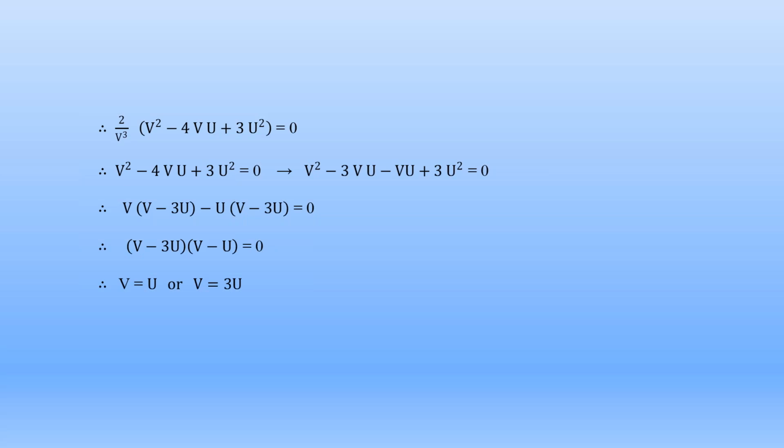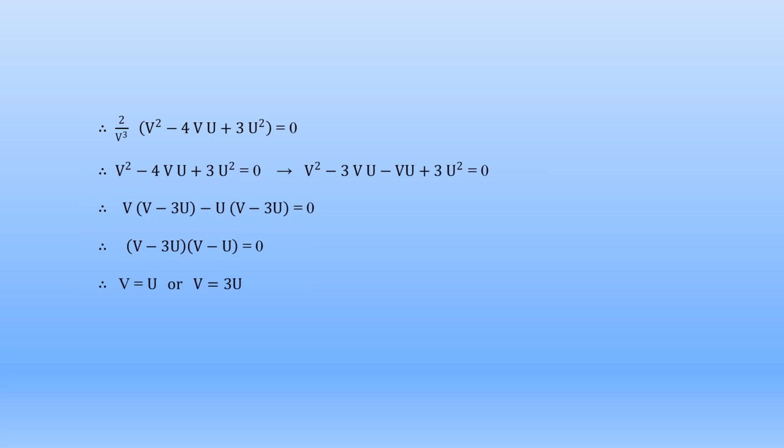From the differentiation, we got the final result that the efficiency of the water jet nu is maximum when v is equal to u or v is equal to 3u. But out of those two results, only one condition is possible. What is that one condition possible out of these two results? So follow this carefully. The efficiency of the water jet is maximum when v is equal to u or v is equal to 3u, but in these two results, only one is possible. What is that possible result?